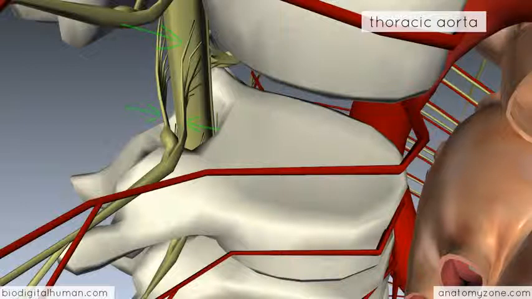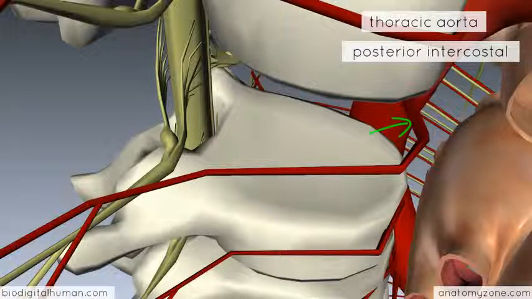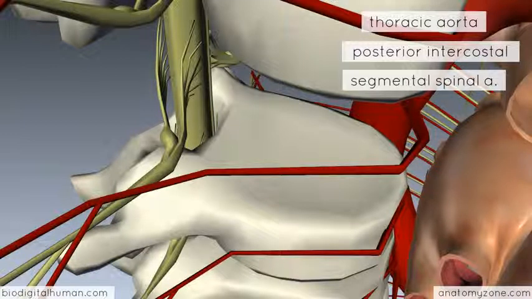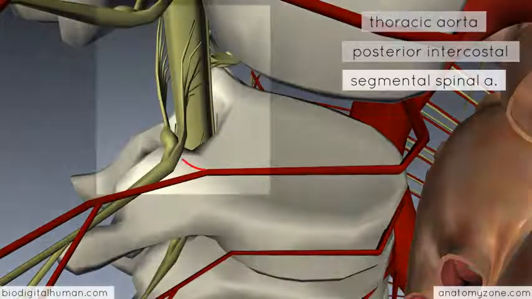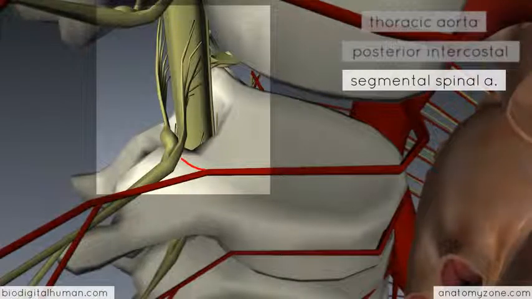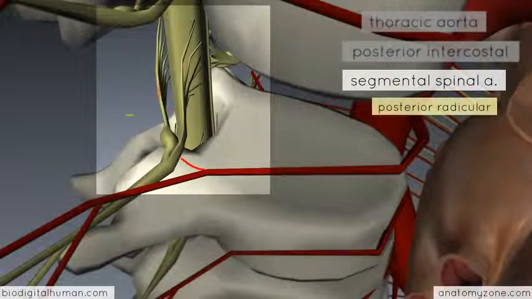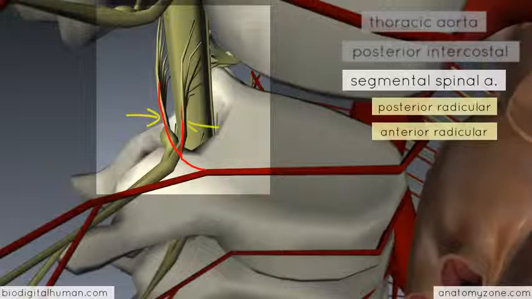And then coming off the thoracic aorta you can see the posterior intercostal artery. So at the thoracic level the segmental spinal artery is given off from the posterior intercostal artery. It then divides into two branches. You've got the posterior radicular artery and the anterior radicular artery, and these follow along the dorsal and ventral nerve